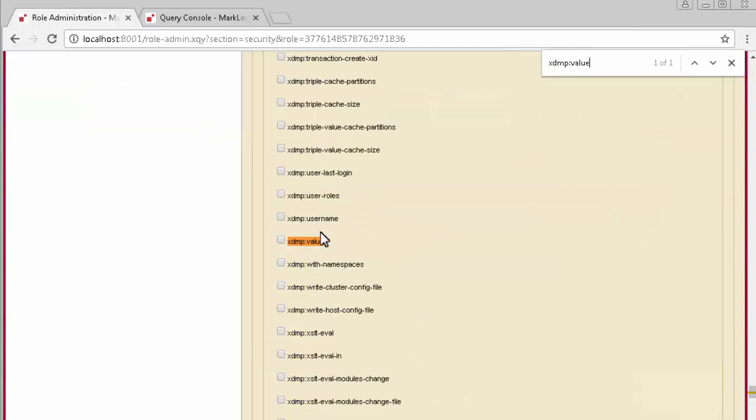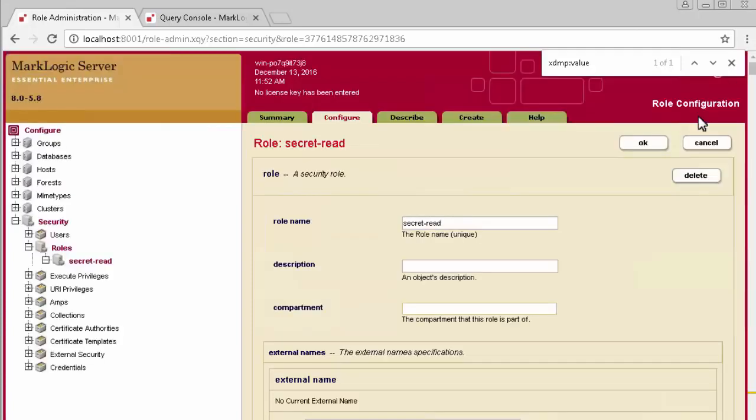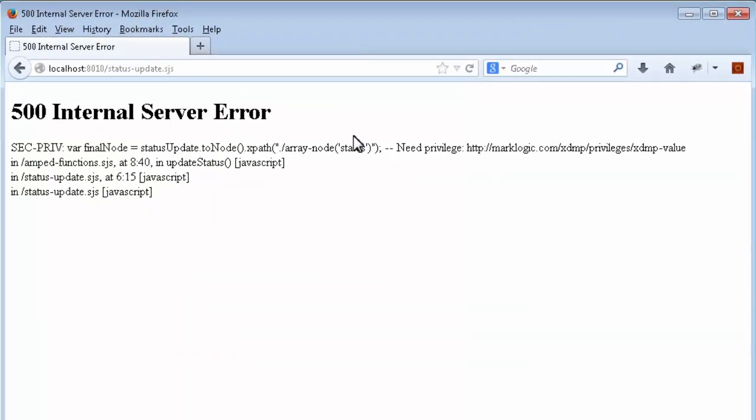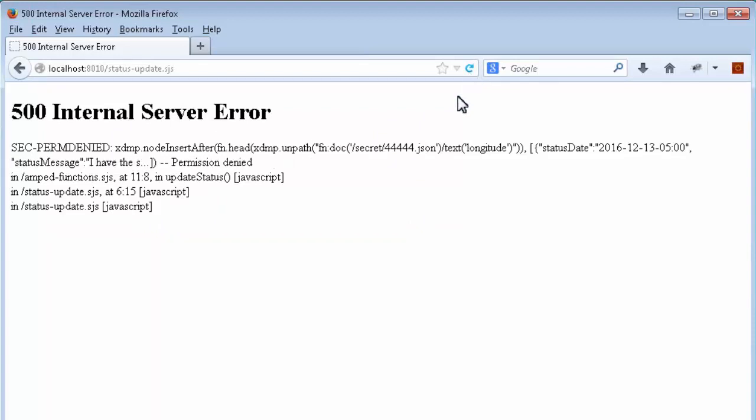So I just do a find here when I'm working with the interface because it makes it a little easier. And I click that, and then let's go ahead and say OK. So now we have given the secret read role this execute privilege. We should be able to do this, or at least eliminate this error. So let's try this. Let's run this, and we are able to eliminate that execute privilege error, but we get